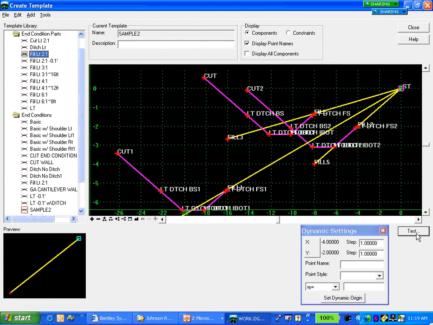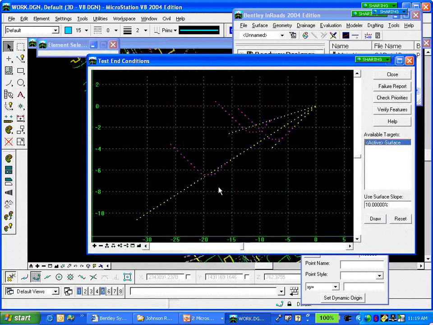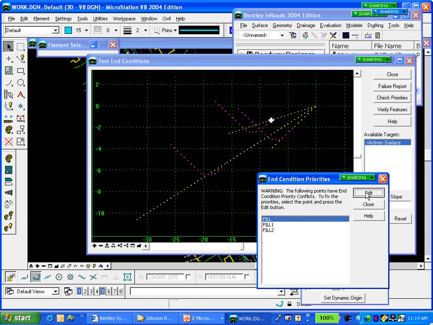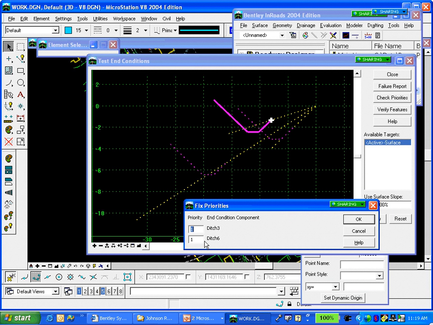Okay? So we'll probably have some priority problems here. Again, we can correct those as we're adding segments, or we can wait to get to this point to do it, and I think it's easier to check it here and fix it here. So let's check priorities, and I'll say OK to that. And what I want to look at first: do I want to look at the ditch section first, or do I want to look at the field section? I want to look at the ditch section first, so I'll make the field section a priority of